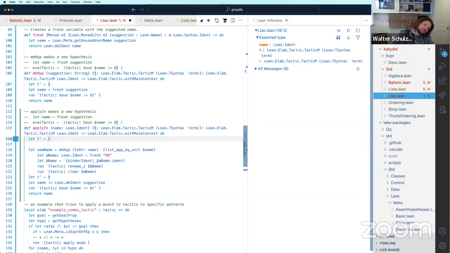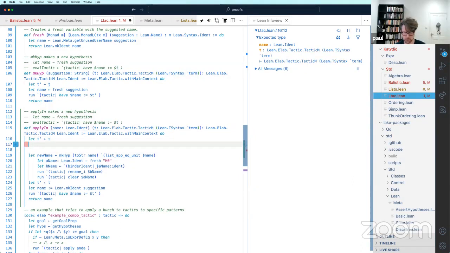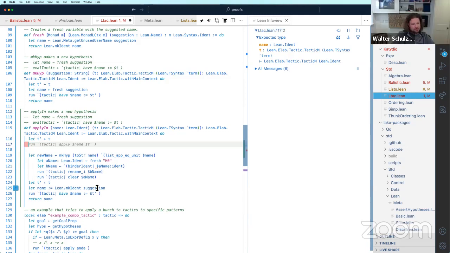Oh, this is hard. We're gonna get the T out of the monad. So then we just have a term. Now we're not gonna call fresh.